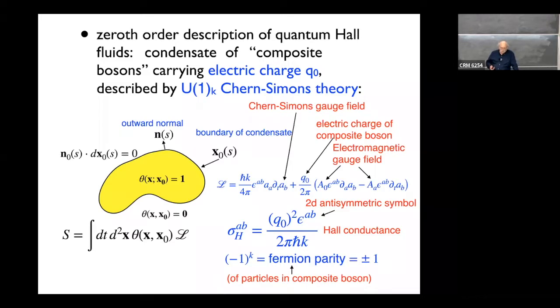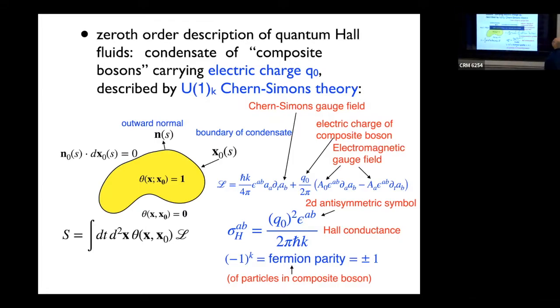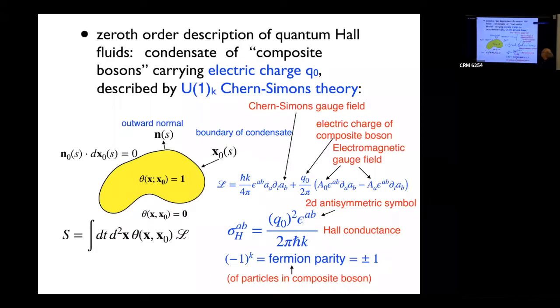In this case, the Hall conductance of the system is K times whatever. Here is an antisymmetric symbol, so K really only occurs multiplying an antisymmetric symbol. And we have here the charge squared on the composite boson, and here ħ K times the level of the Chern-Simons theory. And the basic quantization condition,